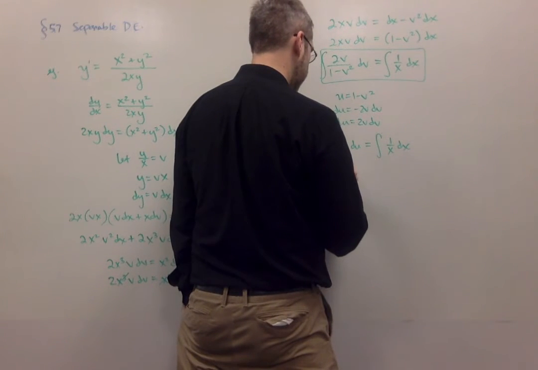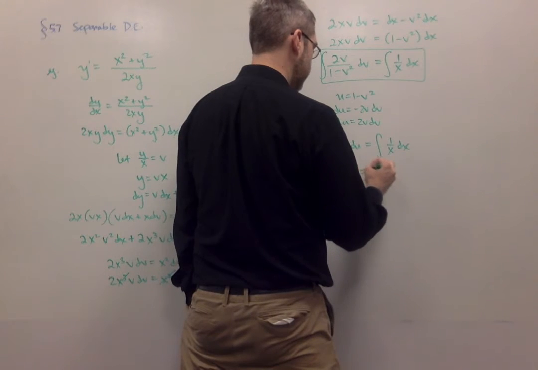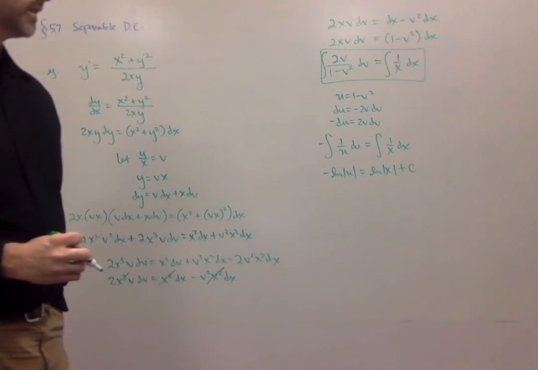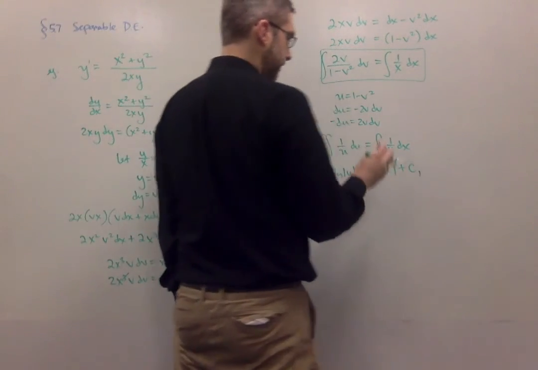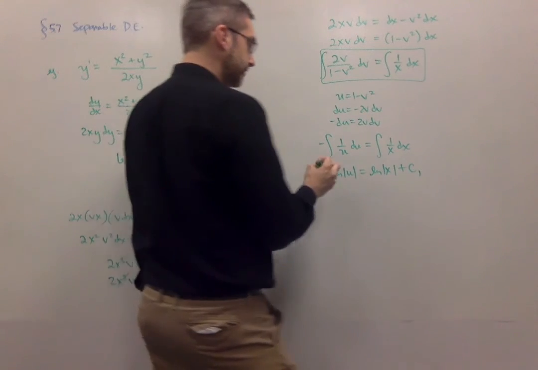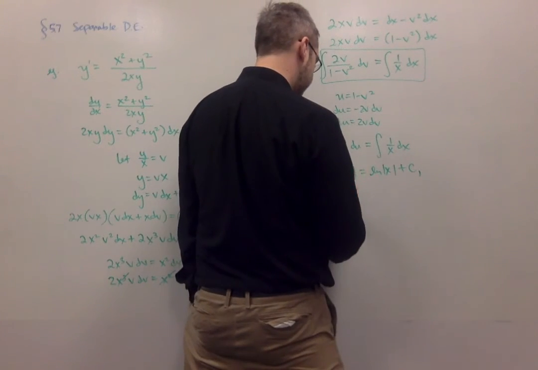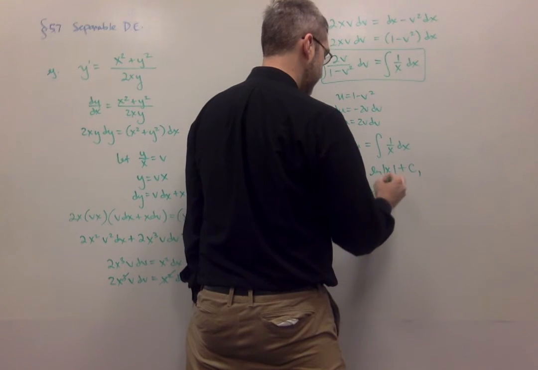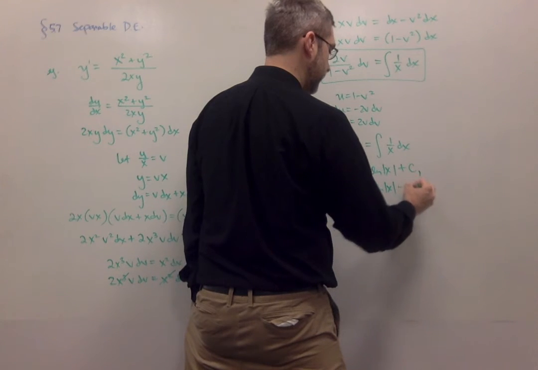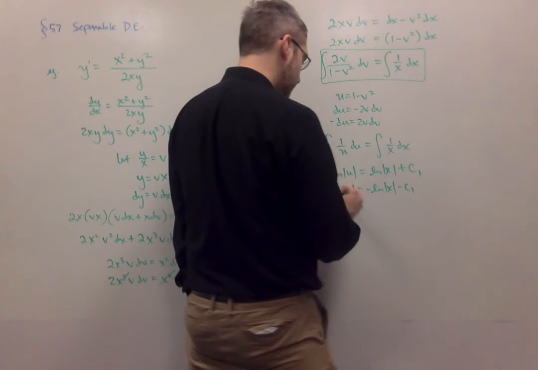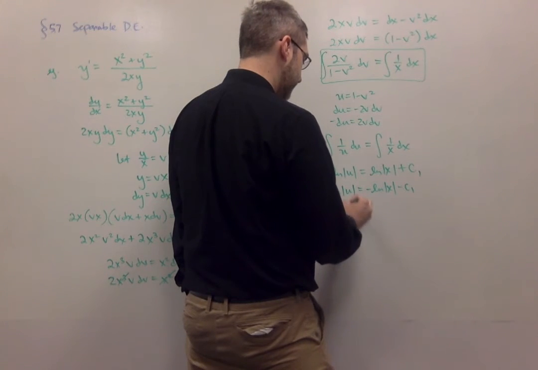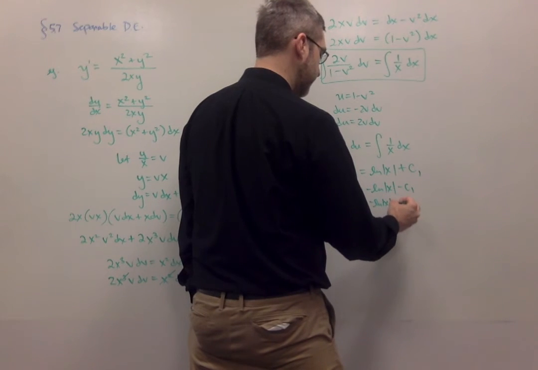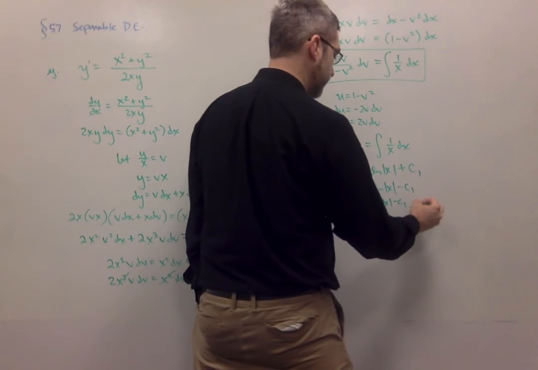So if we integrate, we're going to get negative natural log of u equals natural log absolute value of x plus c. Let's call that c1 because we're going to do some flipping around here. Let's move that negative over. Natural log of absolute value of u is negative natural log absolute value x minus c1. Let's take e to everything. So we've got the absolute value of u equals e to the negative natural log absolute value x minus c1, which we can switch